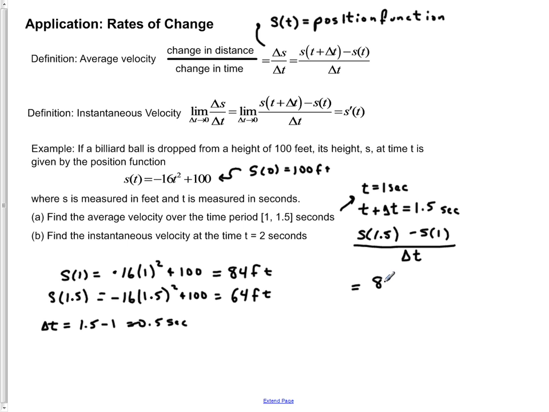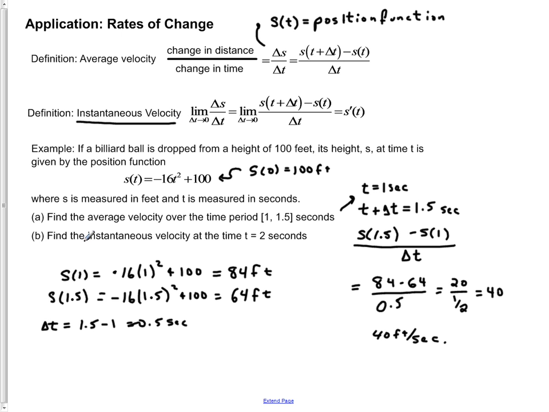So we've got 84 minus 64 divided by 0.5, and doing a little bit of math right here, that's 20 divided by 1/2, which we know works out to be 40. And so our average velocity over this time period is 40 feet per second. And that's well and good for us, right? Because that's an average velocity, but we